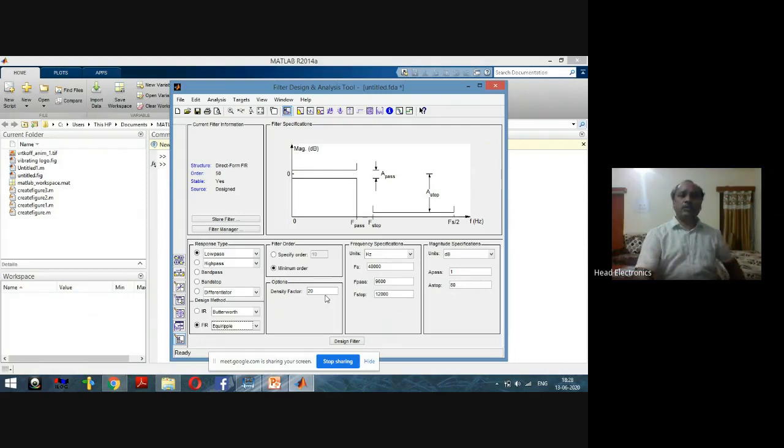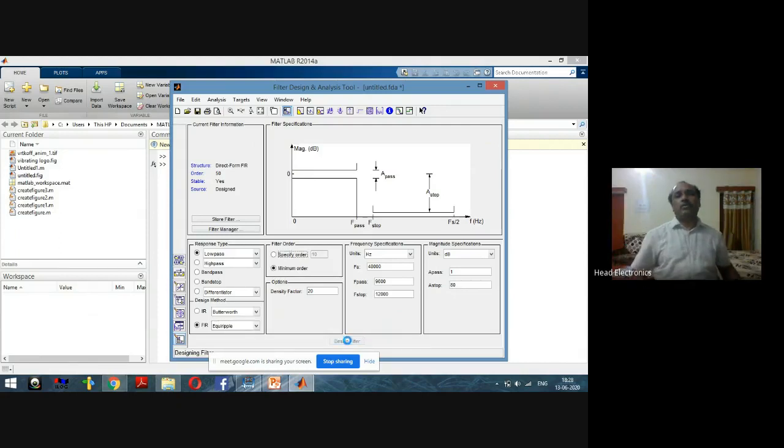Now, in order to design the filter, we have to select design filter.